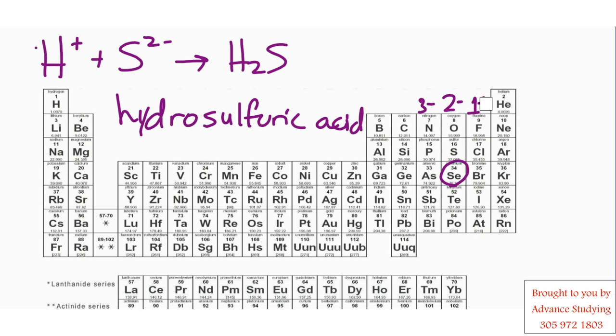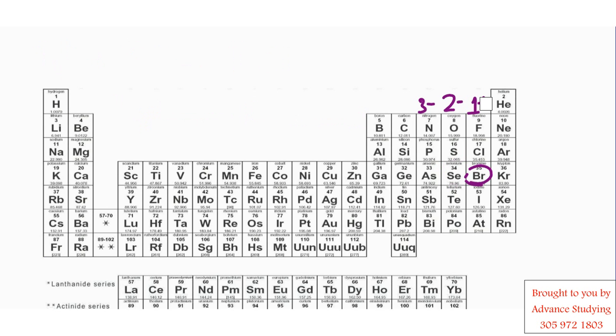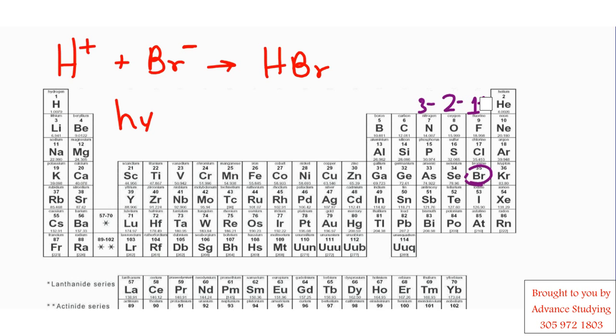Let's do one more just for practice. Let's pick bromine. Working with bromine, bromine has a charge of 1 because it is in group 17. Therefore, we have the element, as usual, hydrogen, because that makes the acid, combined with bromine, charge of 1, and we combine this to give you HBr. And if I have to name the acid, this is hydrobromic